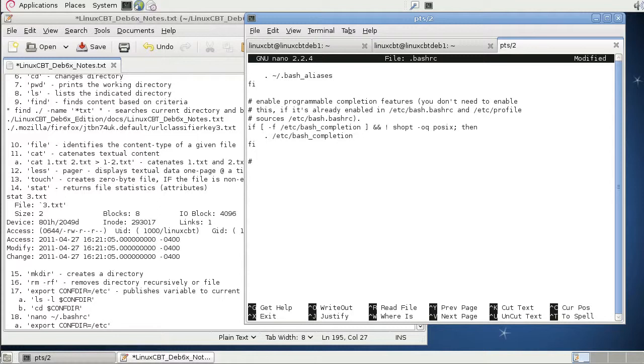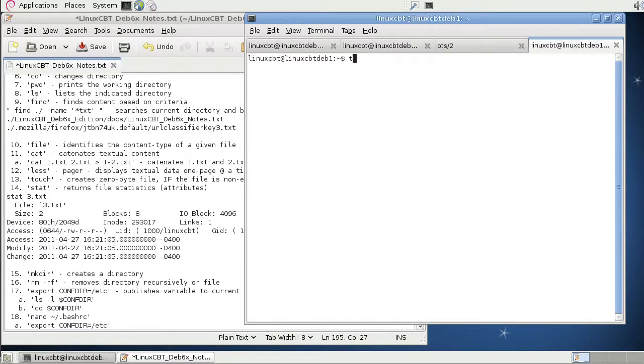So we'll include a comment. Most Linux-based systems will accept hash marks as comments, so we'll just note that this is a Linux CBT Deb6x entry. And we will paste our exports. So upon subsequent shell invocations, meaning when we launch other pseudo-terminals 3, 4, 5, and 6, and through n, for example, this variable will become available. Now before we save the document, let's launch another pseudo-terminal. So now here is pseudo-terminal number 3. Let's try to echo conf_dir, the variable. Notice it's not set. Let's try to change into conf_dir as we've done from pseudo-terminal number 2, and notice it